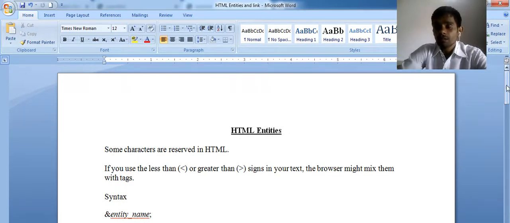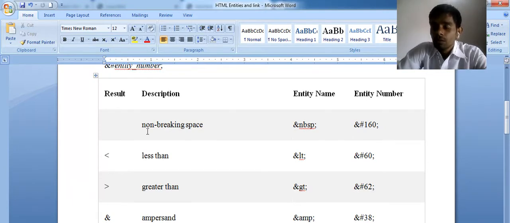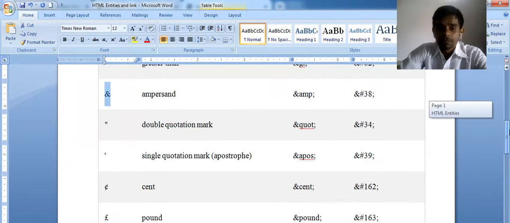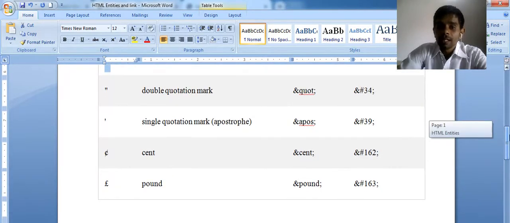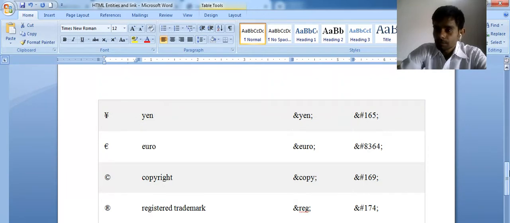How do we represent many more symbols? If you need a space between two words, how do you create it? How do you use the less than symbol, greater than symbol, ampersand, double quotation, single quotation, cent, pound, yen, euro, copyright and registered trademark?